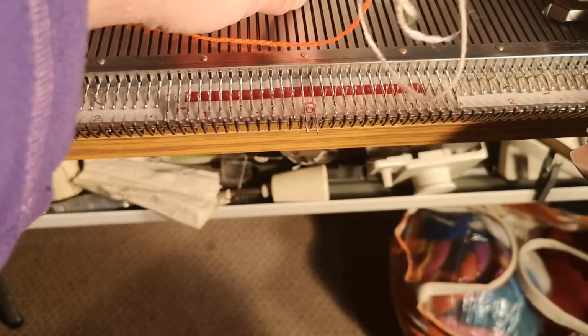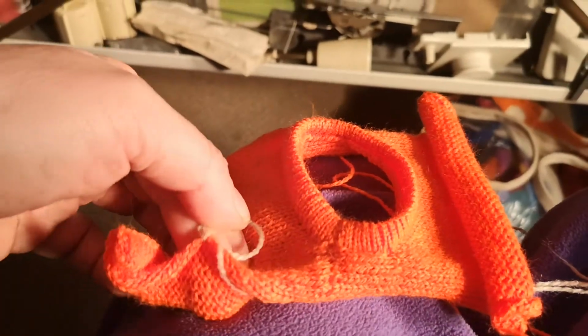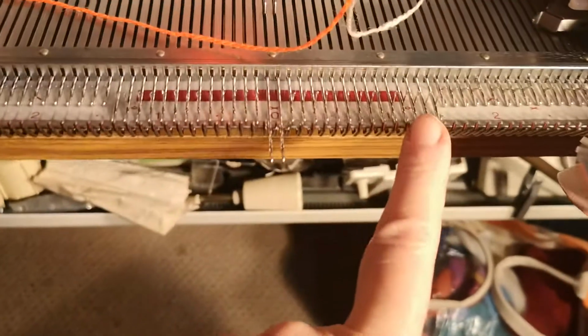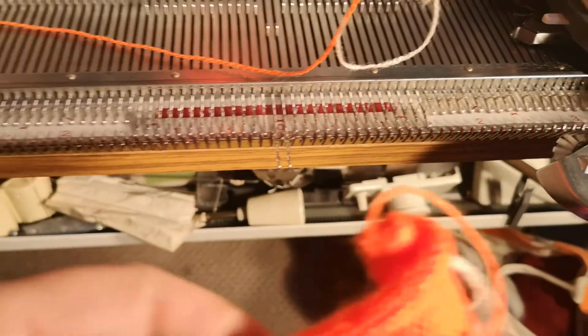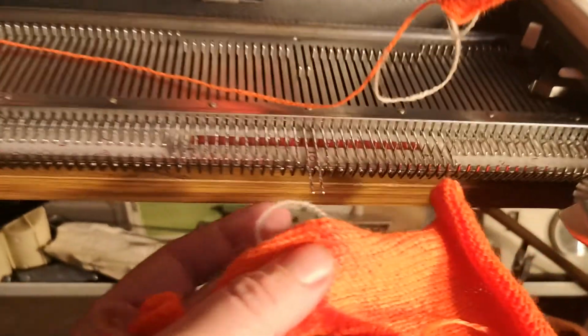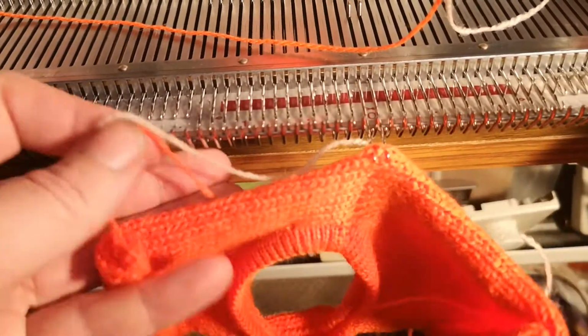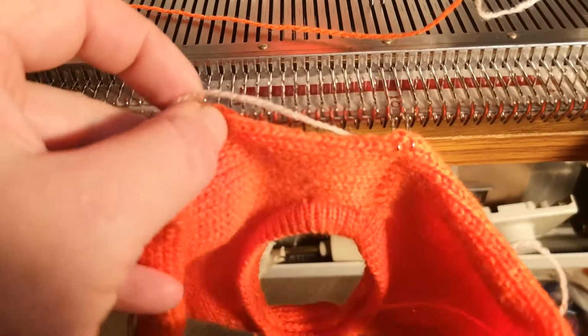So I've left the needles out because I want to now hook onto those needles the jumper. We know where the centre is. That's there, the centre point. And we know on the jumper where the markers are here on each side, look, that I marked, for the end stitches here. So we're going to start off by putting it right side facing me, like this. We're going to hook the centre of the seam on those two there, and we're going to find the marking point and hook that on there,